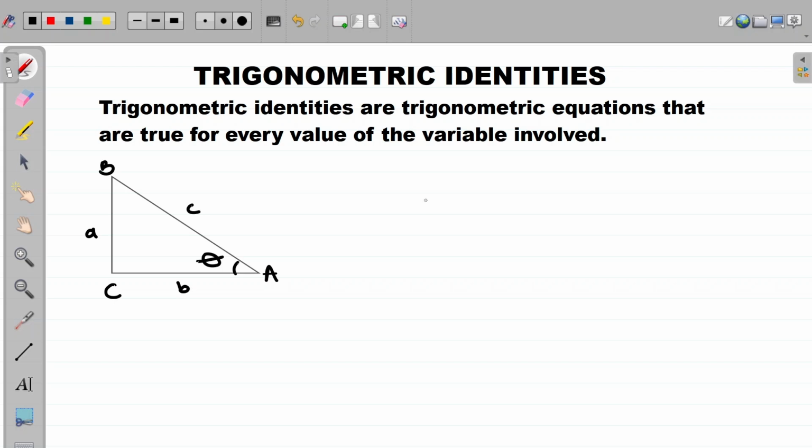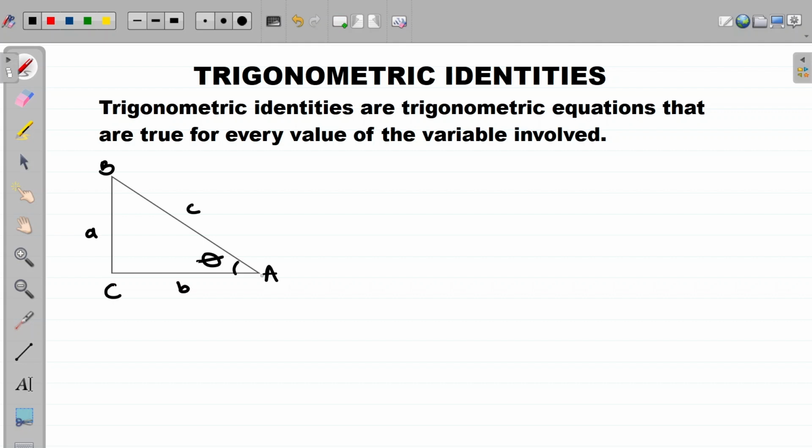Hi, in this video, we will discuss trigonometric identities. Trigonometric identities are trigonometric equations that are true for every value of the variable involved. Now, if we consider the right angle triangle and our angle is inclined at vertex A, we have that